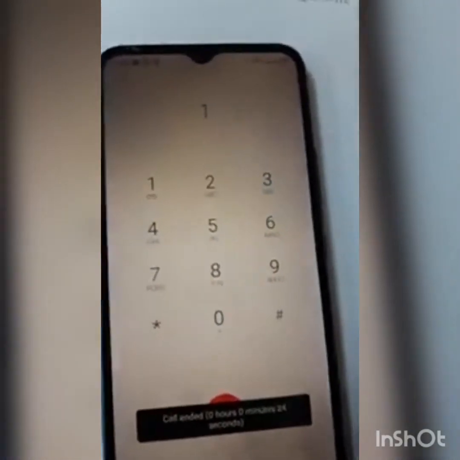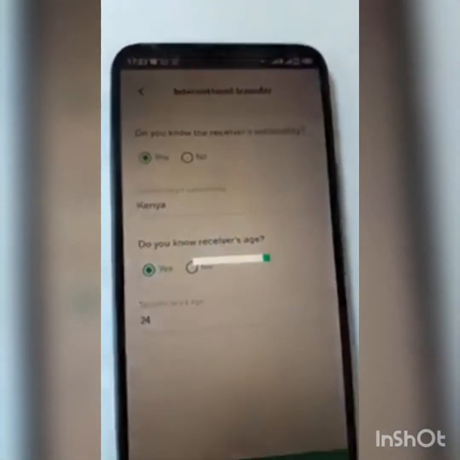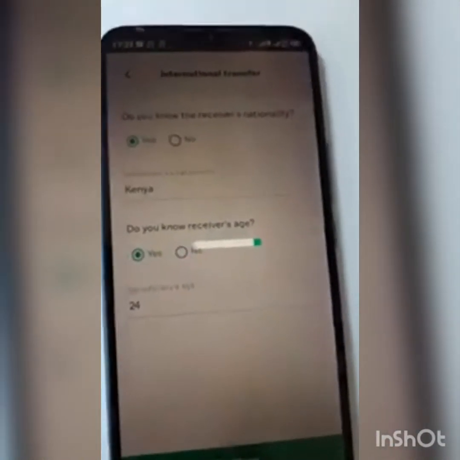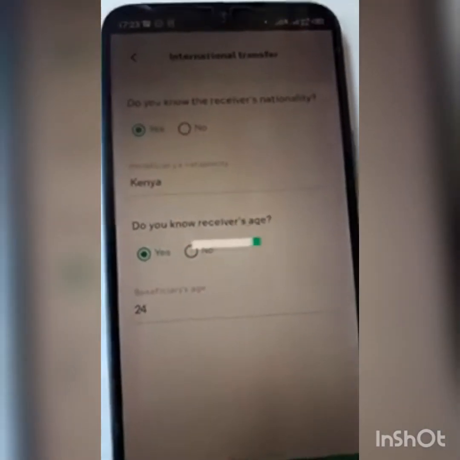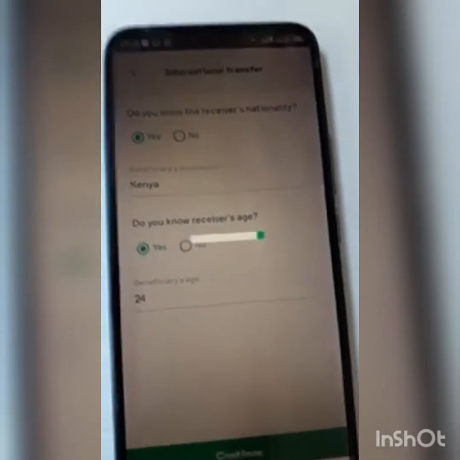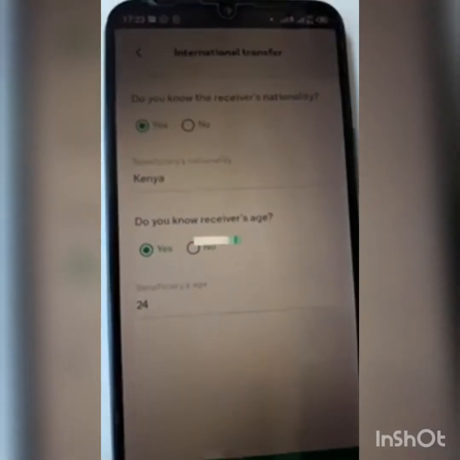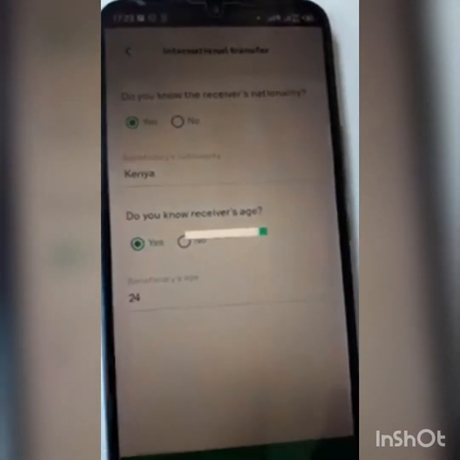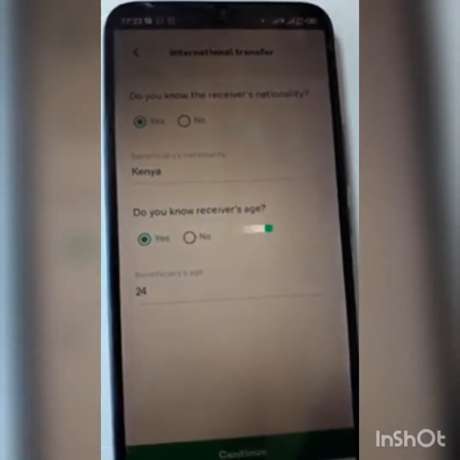So after being called by STC to confirm the addition of the beneficiary, you will accept. Then you verify by pressing 1 to confirm that you have added a beneficiary. Then after that, you will have already been added as a beneficiary. Okay,